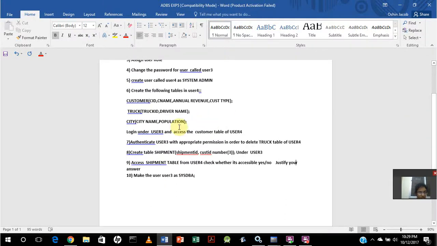So user 3 doesn't have system admin privileges. Since it doesn't have system admin privileges, it is supposed to have some sort of privilege in order to create tables. So here I have to create table shipment under user 3. It doesn't have create table privileges here. DML privileges is not given. It is given to user 3 only if it is a system admin, but since it's not a system admin,